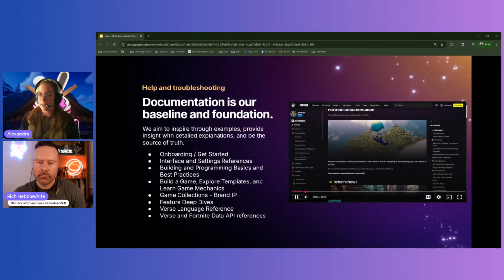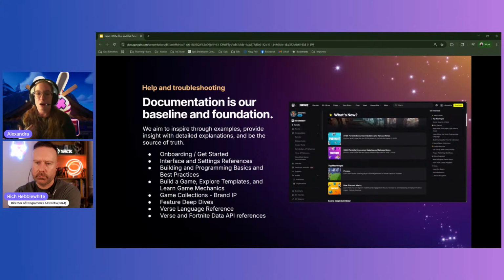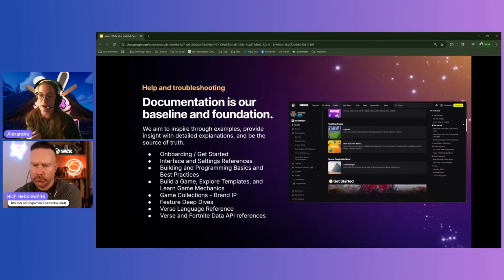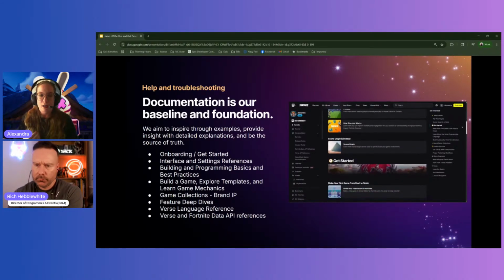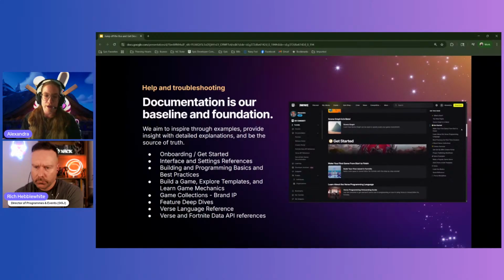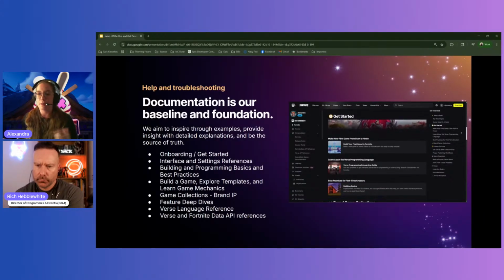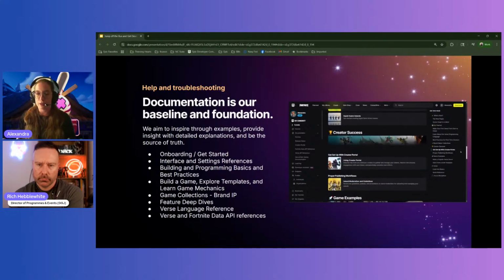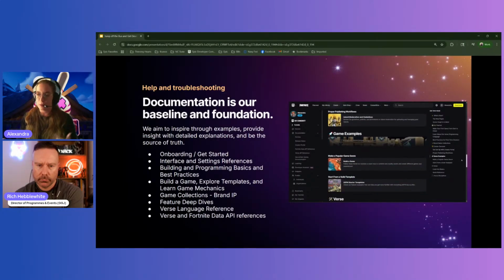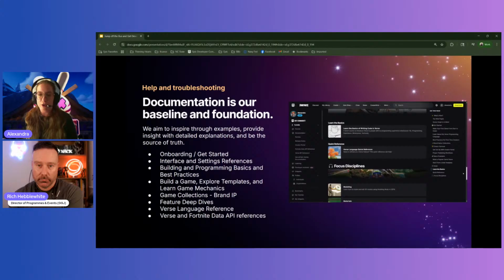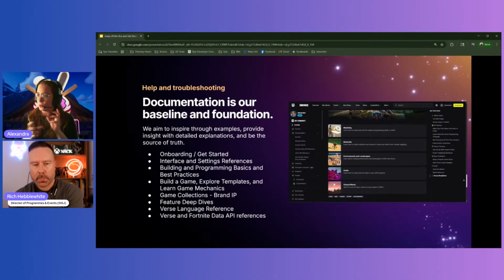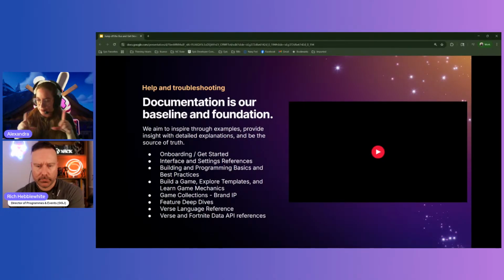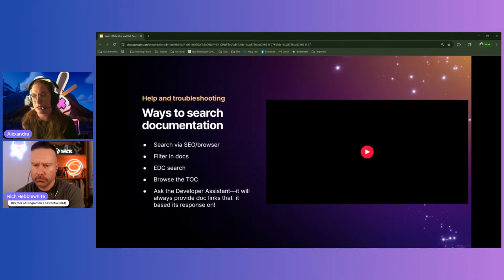So documentation is the baseline and the foundation. All of our onboarding content is on there, our installation, build your first guide, all of our references, and so forth. Also, for any deeper dives into a particular subject or any of the feature examples like I've been talking about, we really try to have documentation available to accompany that and go further into those explanations that you aren't able to get into when you're looking at something in game, right? And of course, all of our API references are on the documentation site as well.